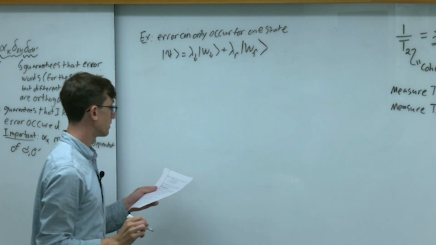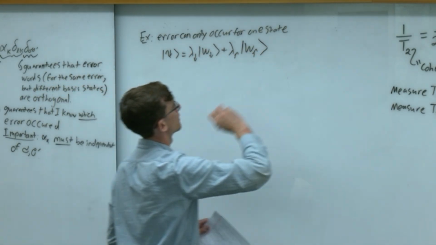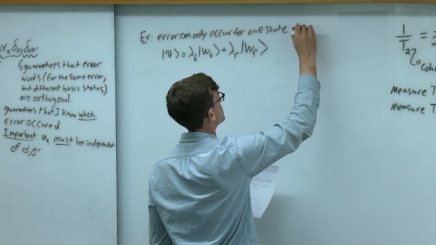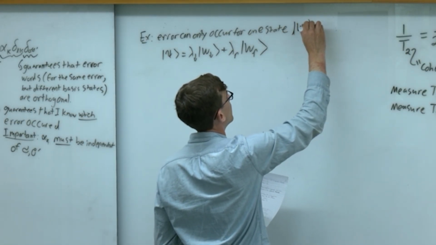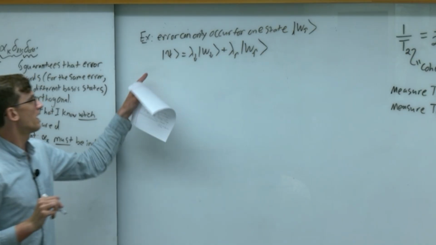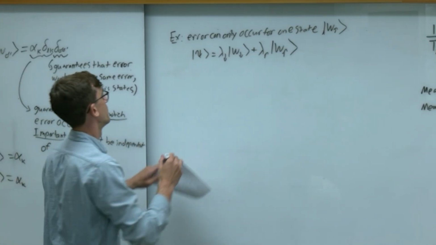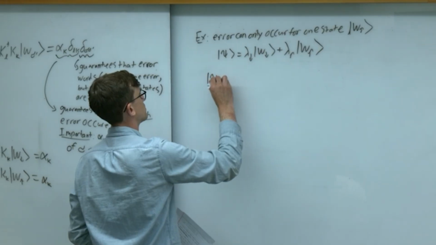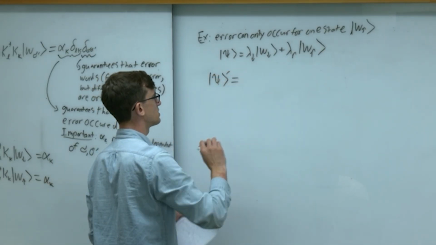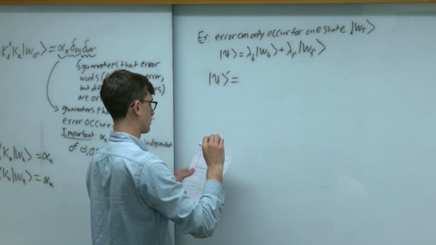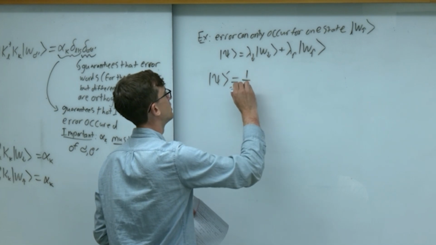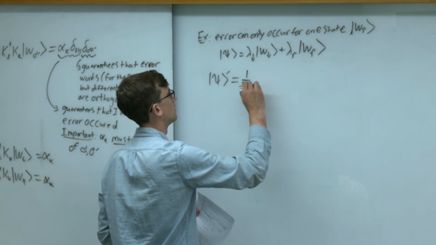And let's imagine that the error can only occur for one state, w up. What happens to this superposition state if I apply the error to it? Then I get the state psi prime, which is equal to, there's some normalization which we can carry around if we like,